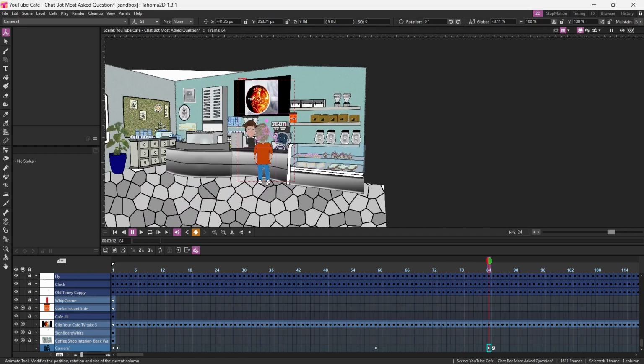So you can see that this red box now picks up the three characters and this TV. And then she's going to start talking. Something else that we can do to kind of smooth that motion there